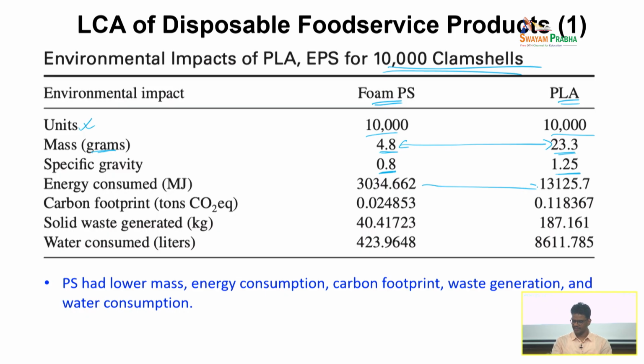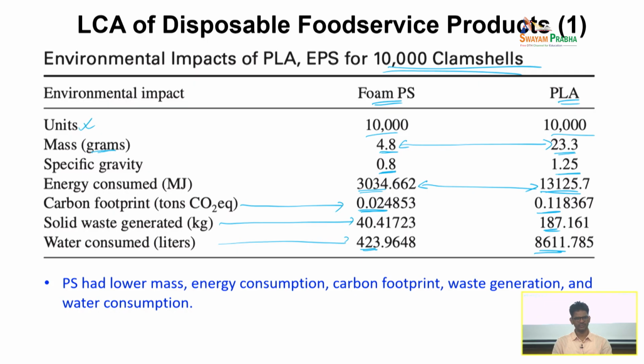And then if you compare the energy required, we need about 3034 megajoules for PS, and about 13,125 megajoules for PLA. So clearly polystyrene consumes less energy compared to PLA. Okay. What about the carbon footprint, that is CO2 emission? You can see still that PS wins over PLA. Okay. Waste generated, PS generates about 40 kilograms, whereas PLA generates about 187 kilograms. And if you look at water consumed, PS consumes much less water, whereas PLA consumes a very large amount of water. This large amount of water comes because of